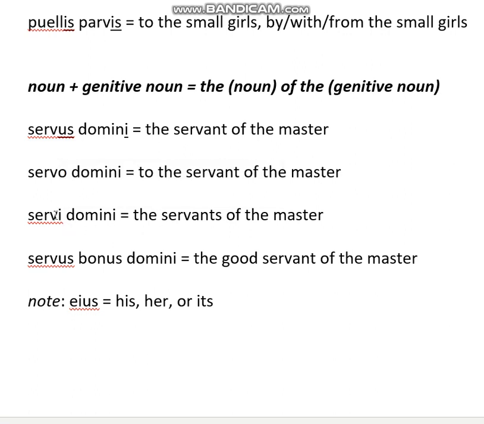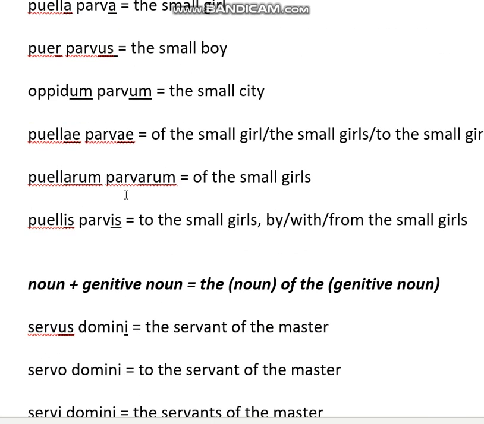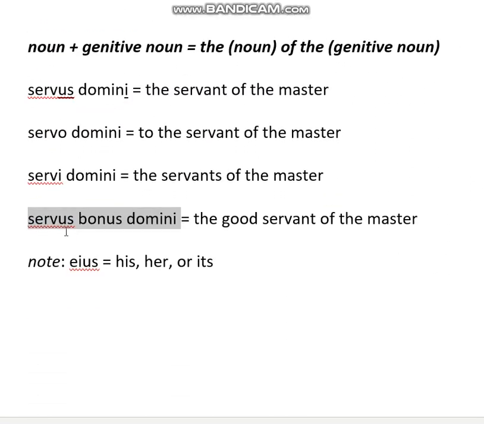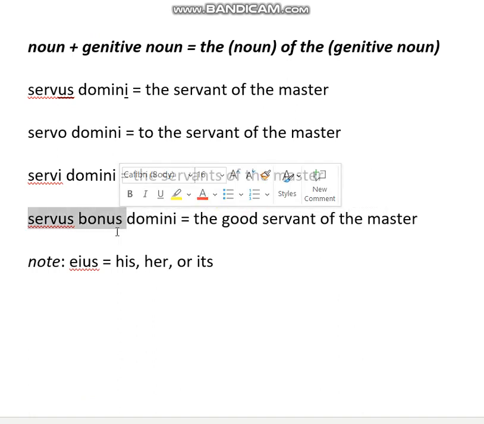So if it was genitive singular, it would be "of the servant of the master," which you could use in a sentence, but I think it just makes more sense to say "the servants of the master." But you can also combine the two. So you can have a noun plus adjective, in which case you would have servus bonus, and then domini. Make sure that you translate the noun plus adjective